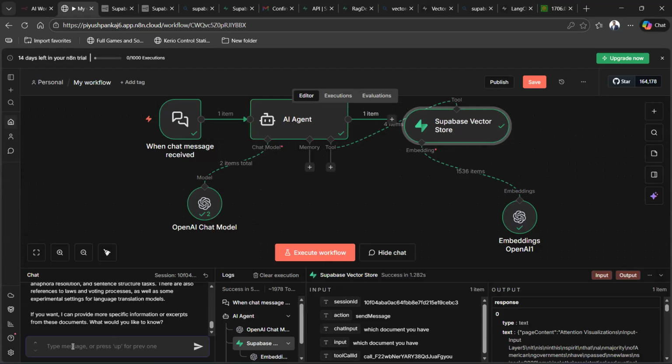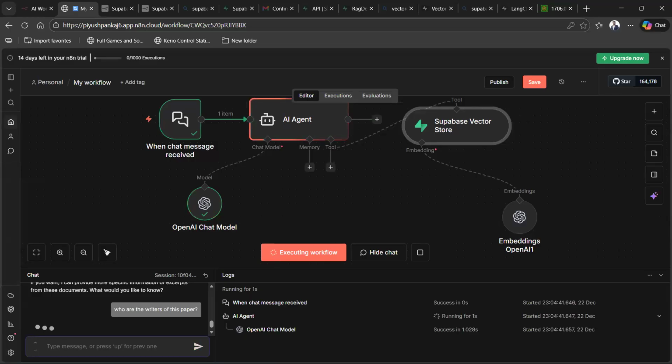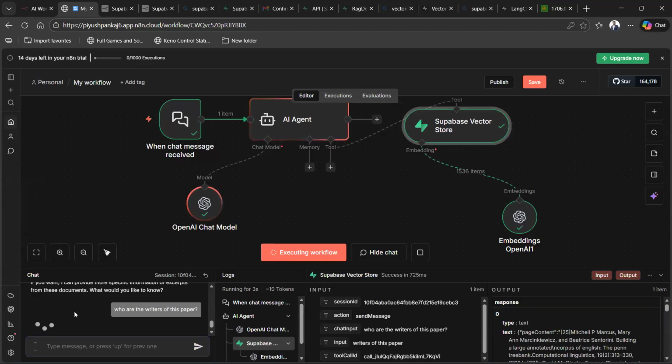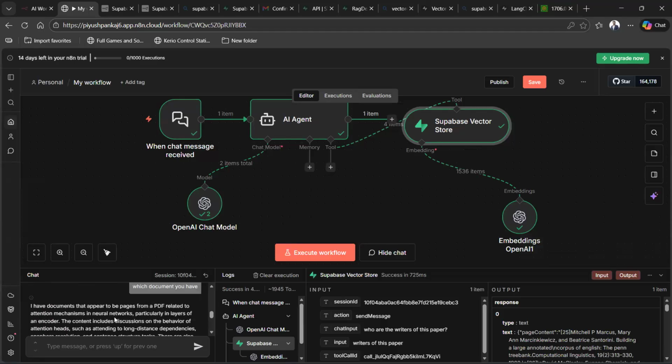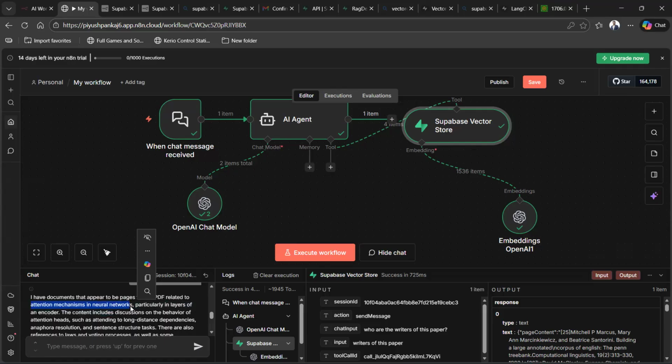Yes, now it's working. Let me ask the same thing. Who are the writers of this paper? Okay. It is giving the context, but